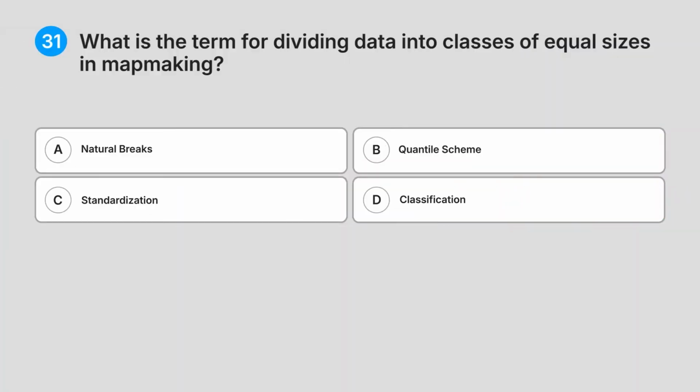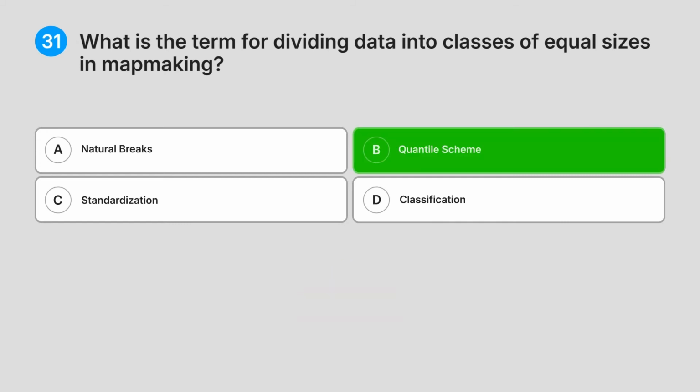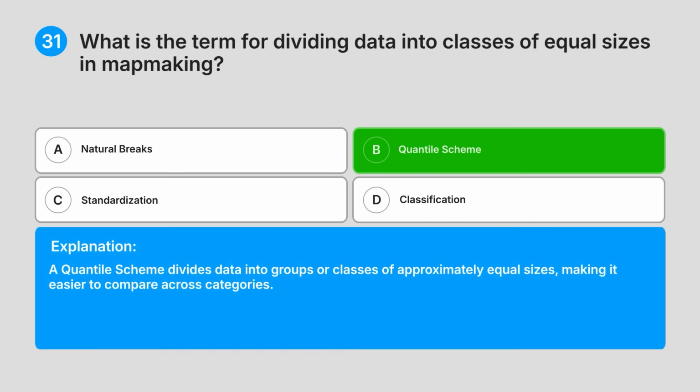31. What is the term for dividing data into classes of equal sizes in mapmaking? A. Natural breaks. B. Quantile scheme. C. Standardization. D. Classification. What do you think is the answer? Correct answer: B. Quantile scheme. Explanation: a quantile scheme divides data into groups or classes of approximately equal sizes, making it easier to compare across